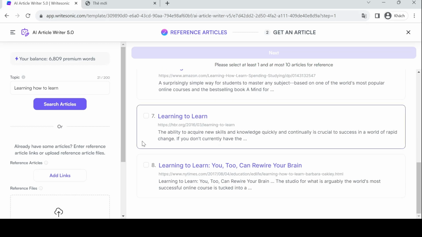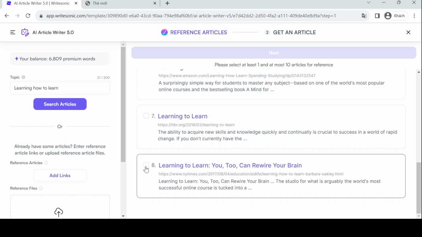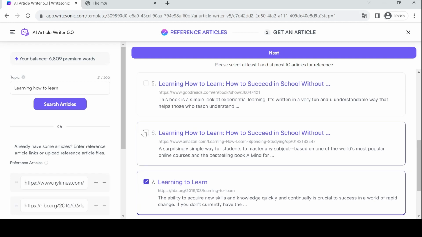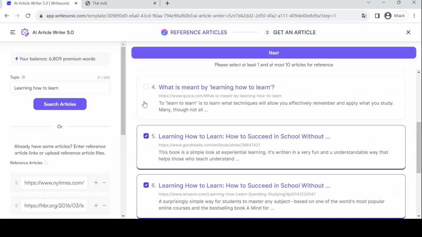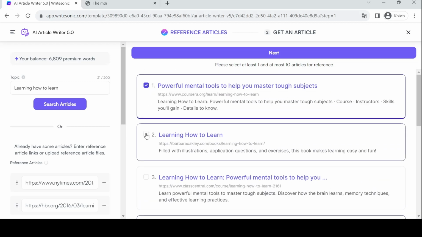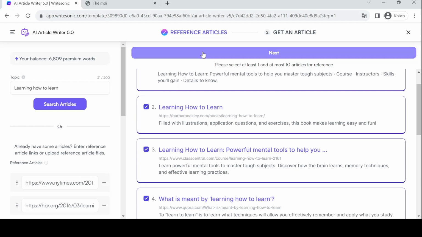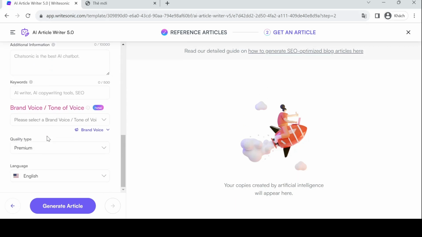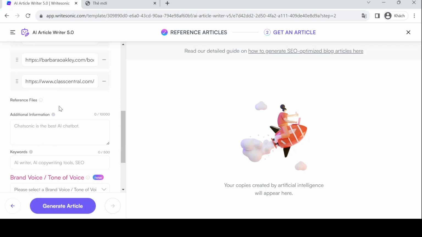So I can choose from, so I can choose up to 10 articles. So I'm going to choose all of it, and then I'm going to hit next here to say how Writesonic would integrate all of the articles right here. So I'm gonna hit generate article if you want to go to the result right away,